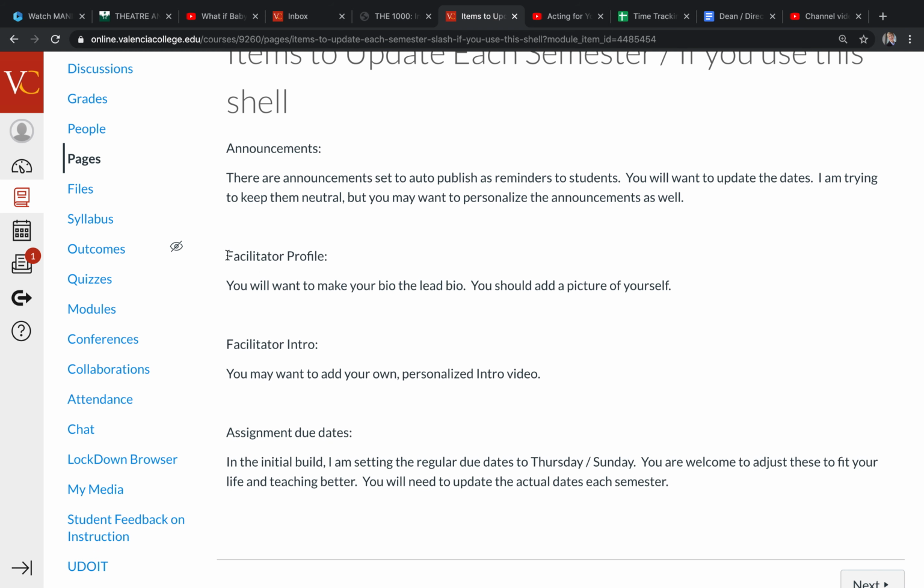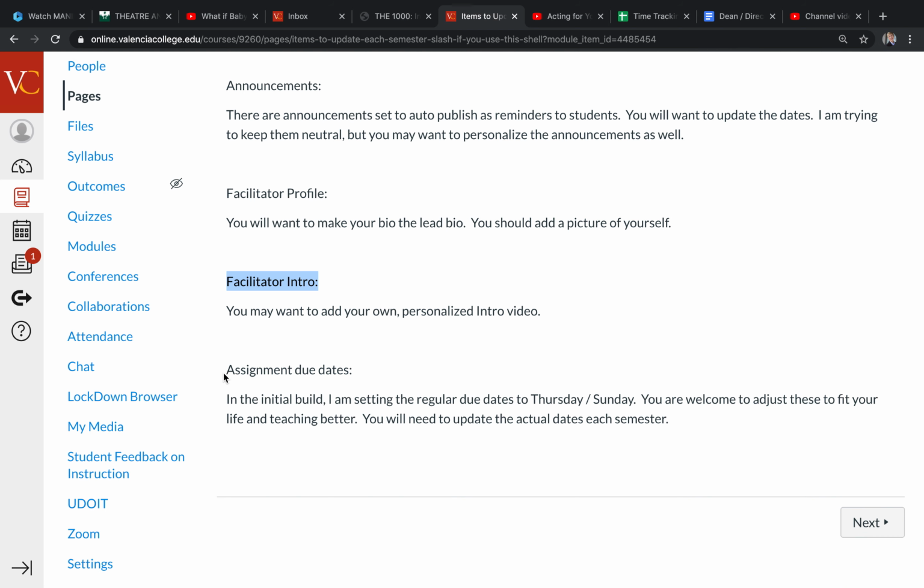So that's something we have to do every semester. If I am new to this class and I have just been sent this shell, there are some changes that I'm going to have to make. Like I'm going to have to make my own facilitator profile. I'm going to need to make my own facilitator introduction video. As we move this course from one semester to the next, we're going to have to change assignment due dates. So this is the checklist.